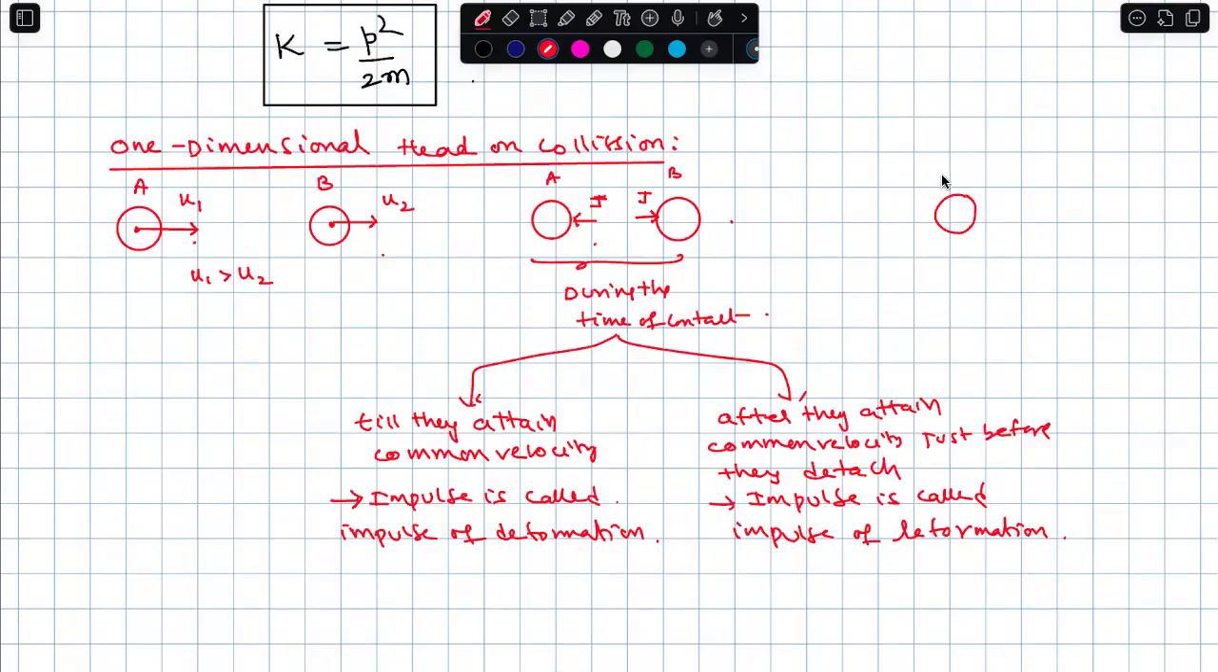And thereafter, what happens? A will move with velocity v1, and maybe B with, I'm just giving you an idea, B will move with velocity v2. See, remember, in all these situations,